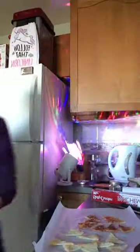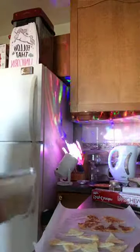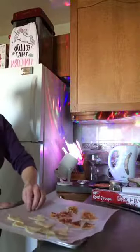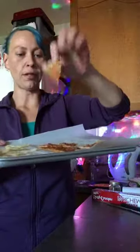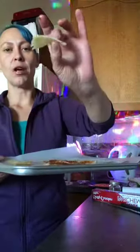Okay, let me see if I can get a tray under that so that I can lift it up for you guys to see. Oh, look at how smooth I am. Oh, smooth, smooth. So these are our bacon jalapeno ones, and like I said, they need to firm up a little bit. Still, they're a little soggy right now. But once they set completely, you'll be able to spoon a dip onto them,